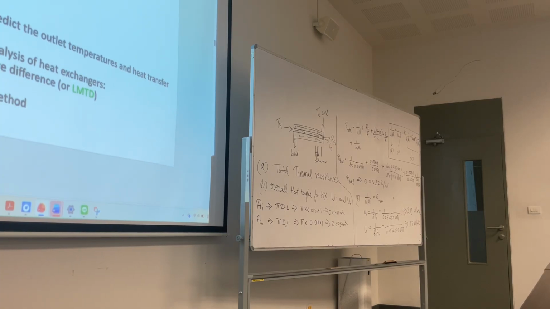So, two different design tasks. If in your heat exchanger, temperature change in the fluid stream is given, mass flow is given, and you need to decide or select a type of heat exchanger. Okay. The second case will be the outlet temperature of a heat exchanger is not given. Okay. Then how would you